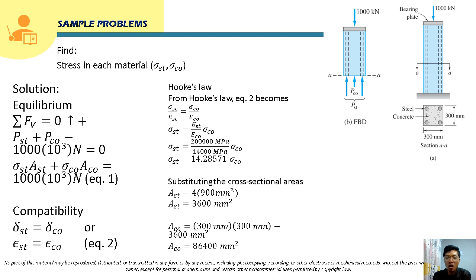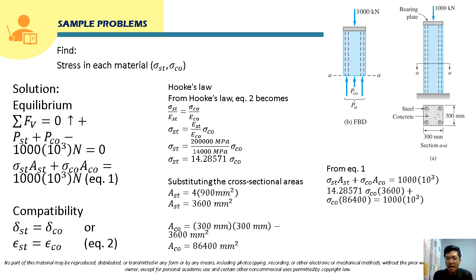So the area of the concrete here, class, will be 86,400 millimeters squared. So we can now substitute these values for the areas in equation 1. And we can also use this equation and substitute it in equation 1. So from equation 1, again, for the stress in steel, we can rewrite this as